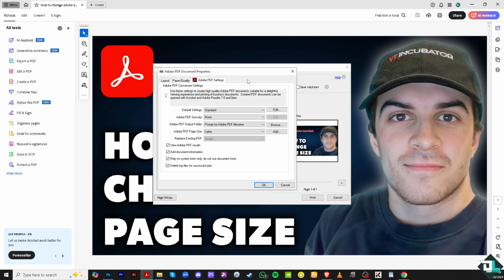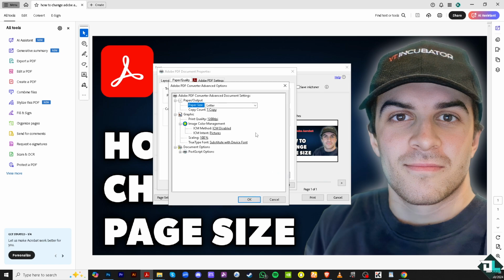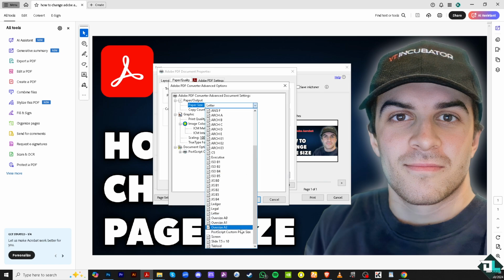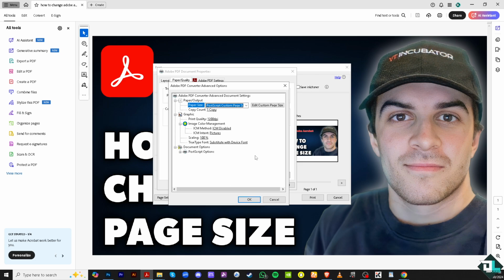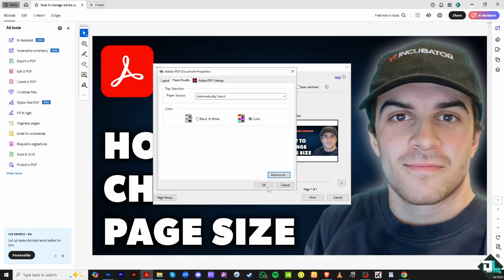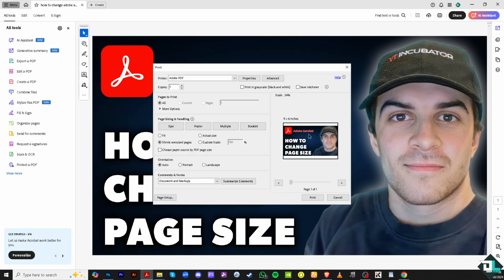Now, if you hover again to the properties and go to the advanced, if you select the PostScript custom page size, you would notice, for example, if you put in any values here, for example 6 or 9, click on OK. You see that the page has changed, right? From 9 by 6 to